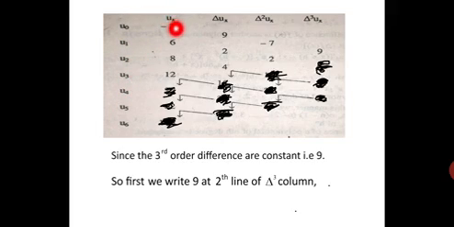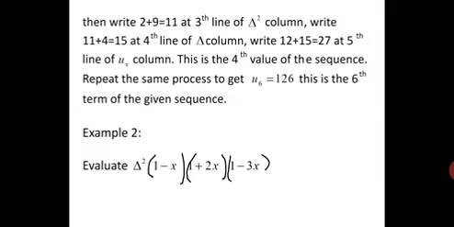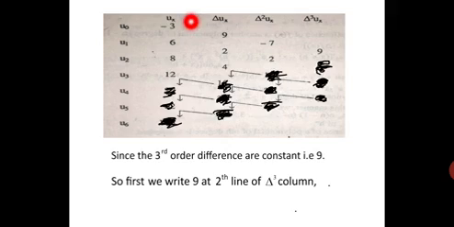So u of x, here del of u of x the first forward difference, here delta square of u of x, here delta cube of u of x, right? Now I wrote all the given values -3, 6, 8 and 12. First we will make the difference of these, the first forward difference to find delta of u of x. 6 minus of minus 3, it is 9, so we wrote it here. 8 minus 6, 2, we wrote it here. 12 minus 8, it is 4, we wrote it here, right?